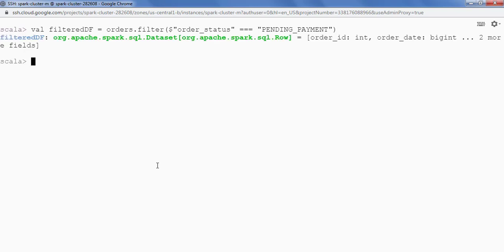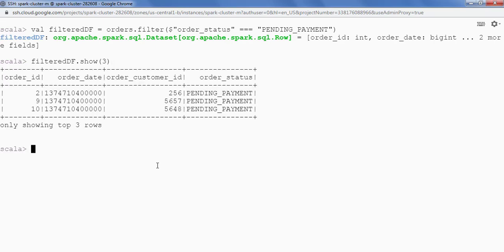So this will give me the data wherein the value of order status is pending payment. We can verify that. Filtered df dot show, just give me 2 or 3 records and see. So this data frame only contains the data where order status is equal to pending payment.